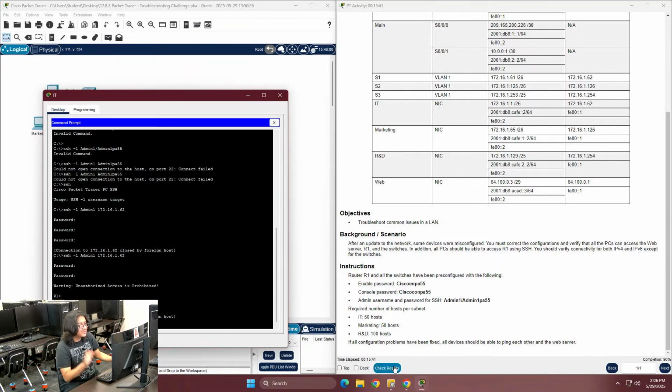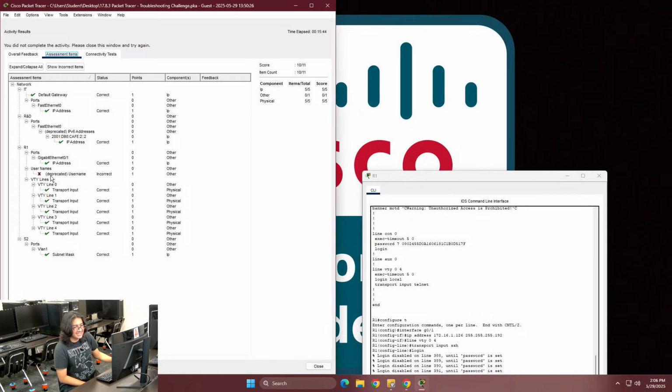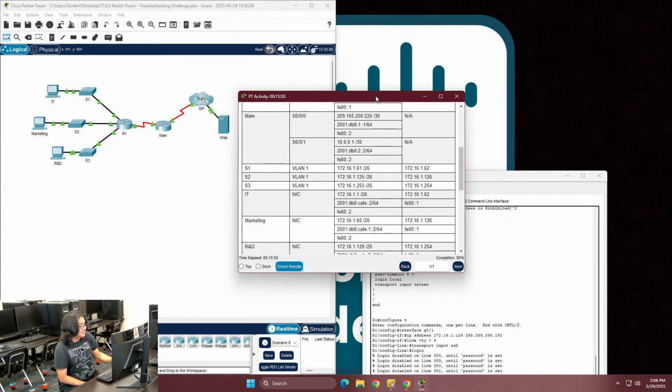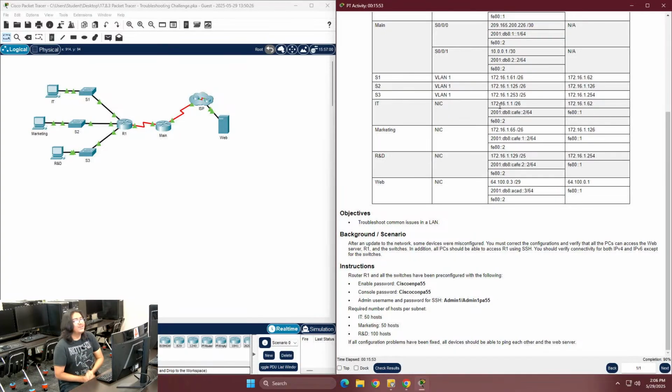And you know what? We'll go back to our old friend, check results, see what he has to say. He still says that the usernames are deprecated on R1, which I thought I fixed, but I still don't know what it means. So I'm leaving you guys at that. If you want to figure out the last 10%, you got to